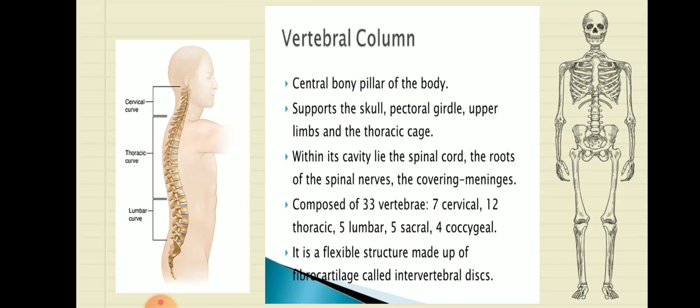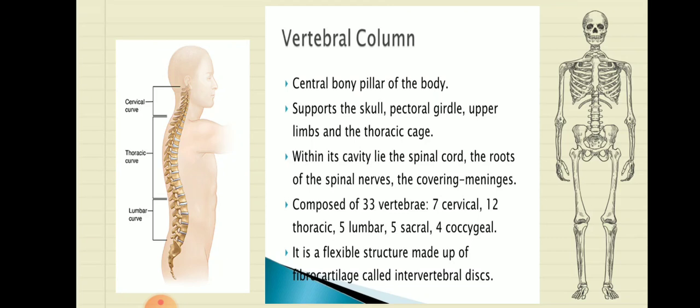It is made up of smaller bones called vertebrae, which are arranged in a chain pattern. You can see in the diagram that it's been arranged in a chain pattern, and all the vertebrae are attached with each other, and they form a backbone, also known as the vertebral column. They are normally 33 in number. Bending would not have been possible, yes or no? Bending would not have been possible if we didn't have a backbone, and it is a single long bone which is made up of the 33 vertebrae which are present.